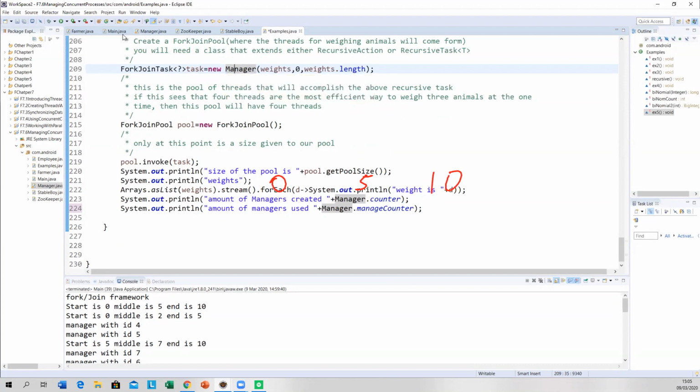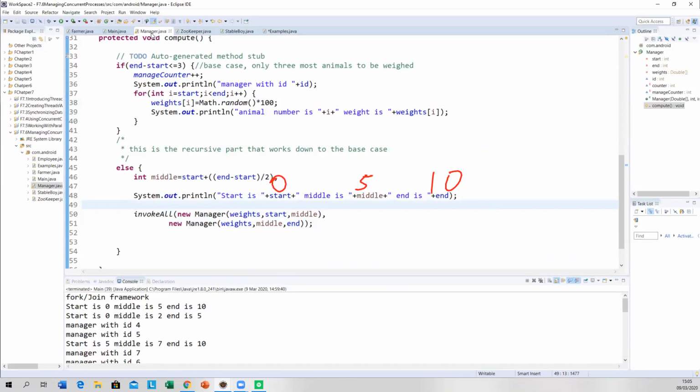And what is it going to keep doing? It's going to do the following. It's going to create something with the weights, so that's going to be our array of weights.